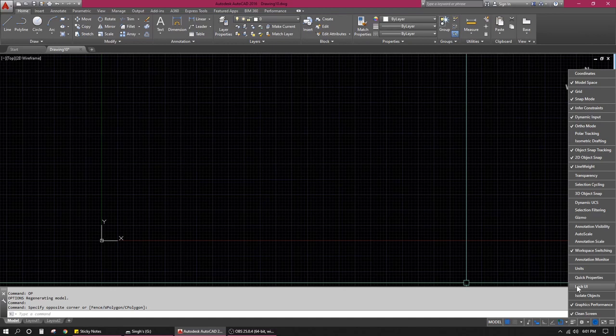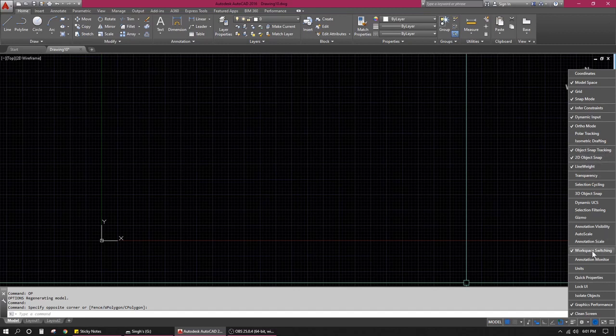A lot of times it may happen that you're unable to find the option you're looking for. You just want to turn the grid off, but you're not able to find it on the screen, right? So you need to press a command for it. That makes the process lengthy. So just to beat that, you need to keep only the things that you require on screen. Now for me, I only require my model space to be seen. Alright, my grid toggle, my snap mode, info constraints, drafting input, dynamic input, ortho, object snap tracking, 2D object snap, and line weight.